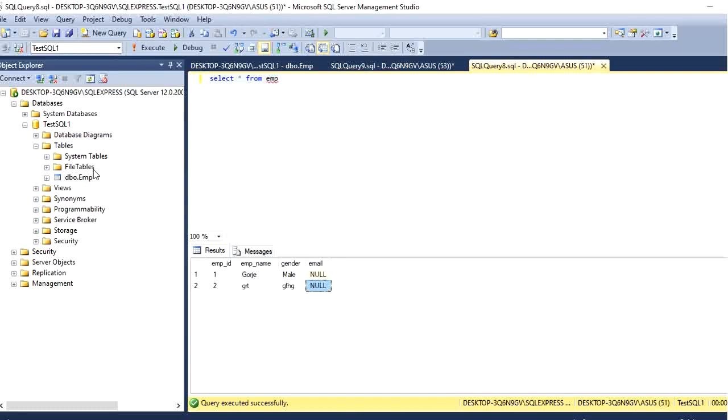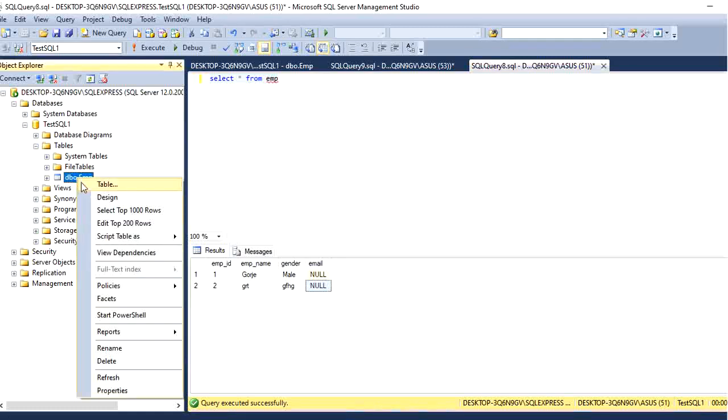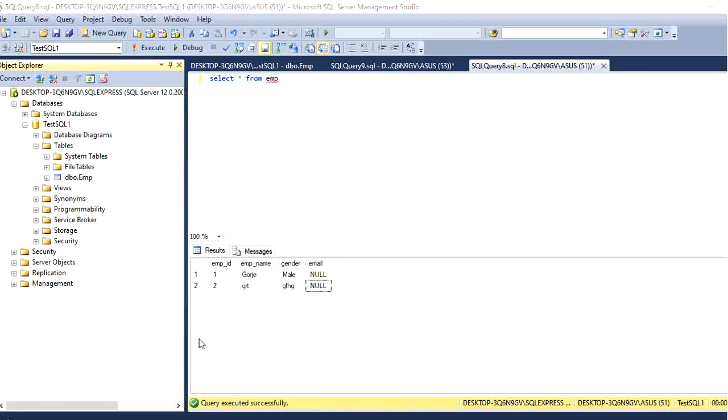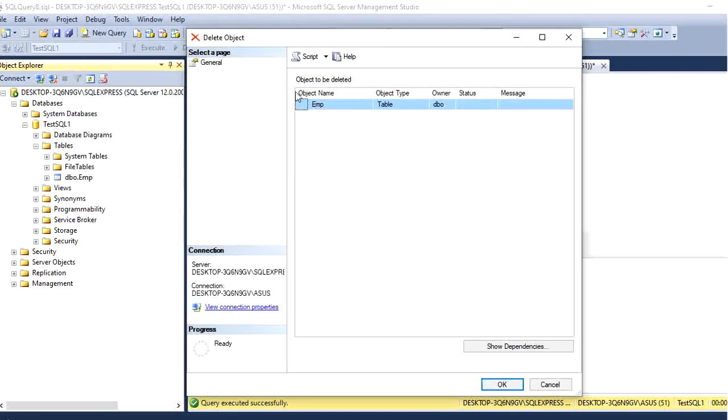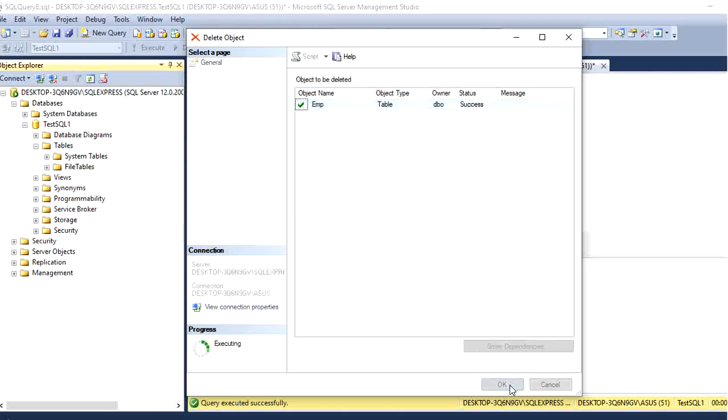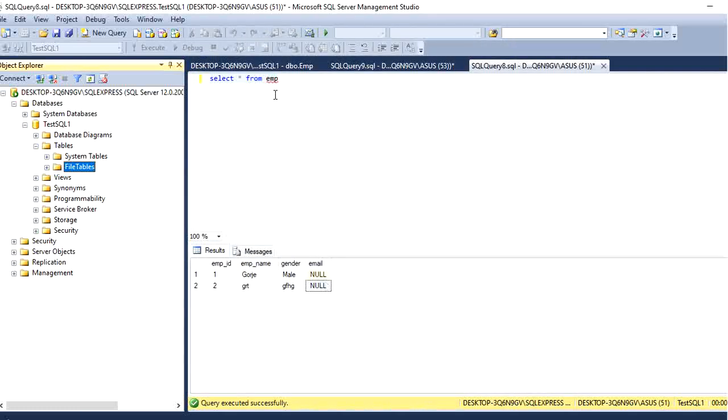Okay, so finally if you want to delete this column, or sorry, this table, you have to right click on this. Okay, and then hit on delete, which will give a dialog box where you can just select yes, which will delete the table. And let's try to understand how to create this through